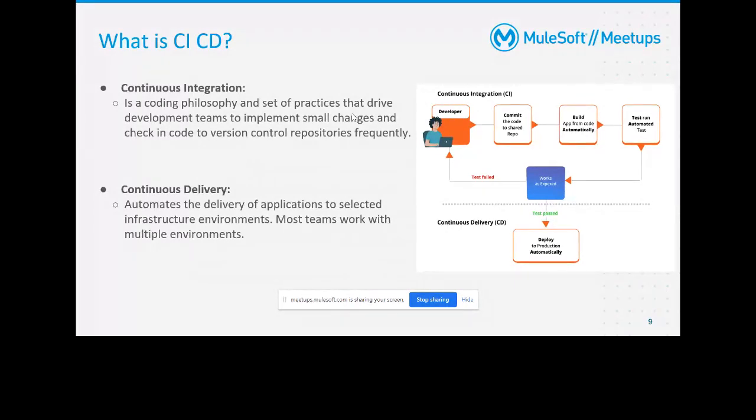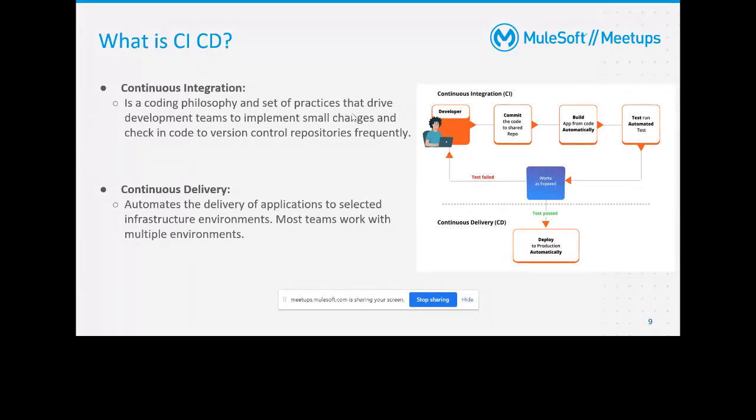If CI is not there, the developers can work in isolation, developing their code separately and not committing it frequently. After some time, when they merge the code, there may be chances of conflicts and errors. Continuous integration is better to avoid these types of errors or conflicts.